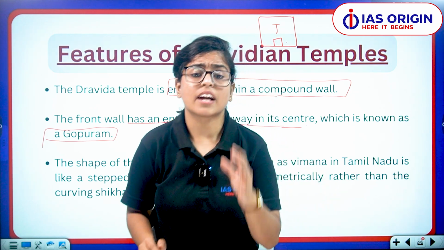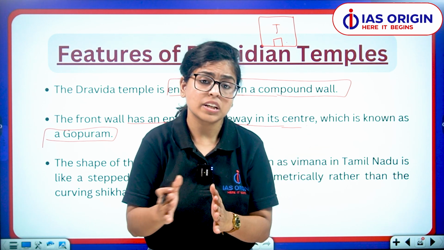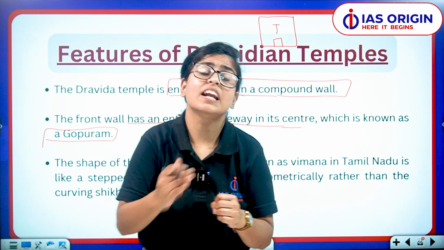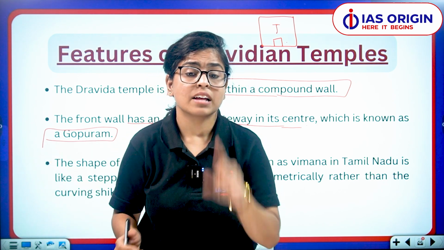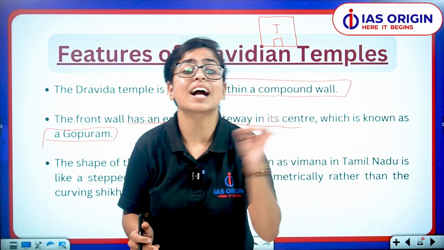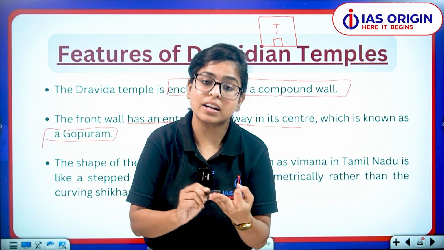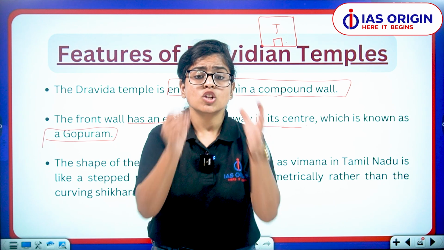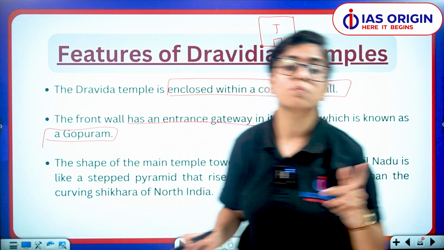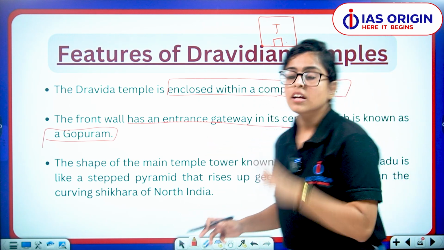And you can see in the Nagara temple, the temple is situated and no boundary is there. But in the South Indian temple, boundaries are there and the boundaries are at a larger distance from the main shrine. The reason being South India में temples सिर्फ worship के लिए नहीं but cultural activities के लिए भी use होते थे. Be it dancing, be it singing, be it art and architecture. So all these cultural activities were also carried out in the Dravidian temples of the south. As a result, they have a huge compound situated near the temple.